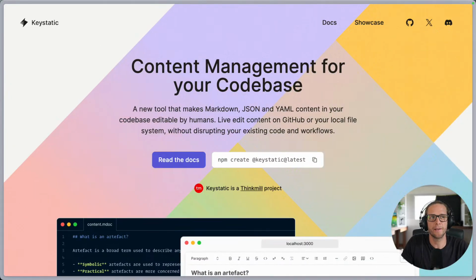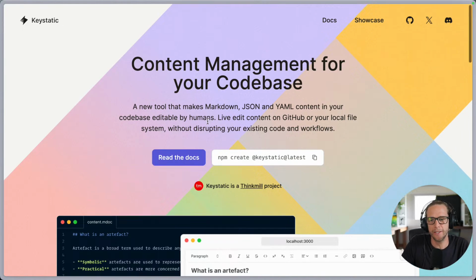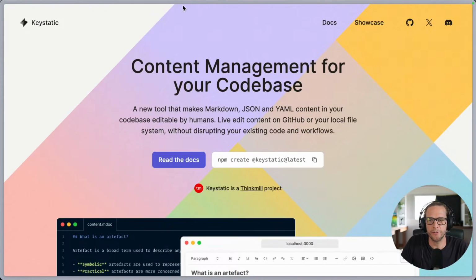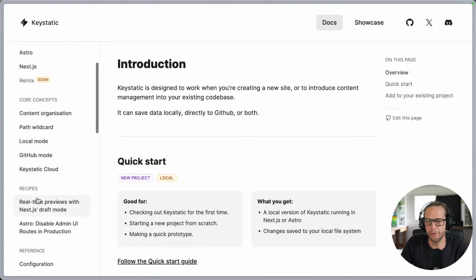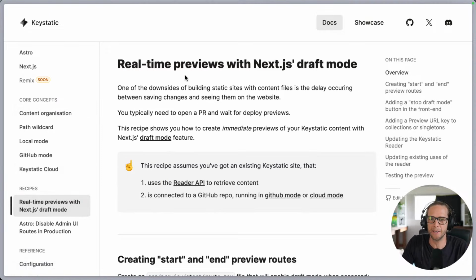Last week, I think on Friday, I've published a new guide on the Keystatic docs that shows you how to implement live previews. And we're using Keystatic, but it's more of a Next.js feature and a GitHub API feature paired together to do something pretty cool. So if I go here in the recipes, you can see we have these real-time previews with Next.js draft mode. So the first thing to note,